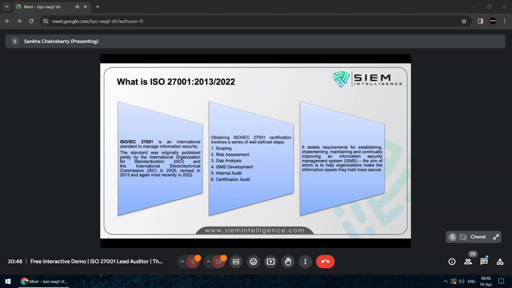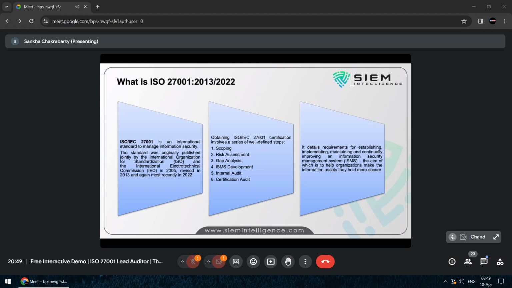Then comes the concept of risk assessment. What if I don't go for ISO? Am I going to lose from the business, from the financial perspective? What's the loss? Reputation loss. Let's say there is a cyber attack, there will be downtime which may result in business losses, financial losses, reputational losses. Let's say if you are working for any company and you see that the website is going down again and again, will you work? No. So this is where risk assessment comes into the picture. I'll tell you in detail what risk assessment is later.